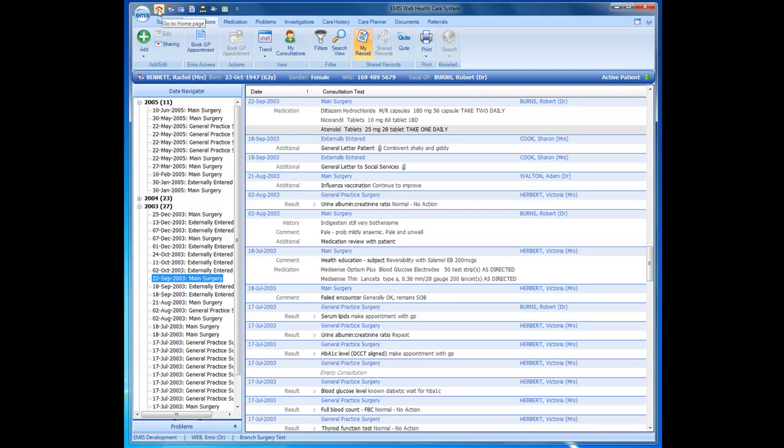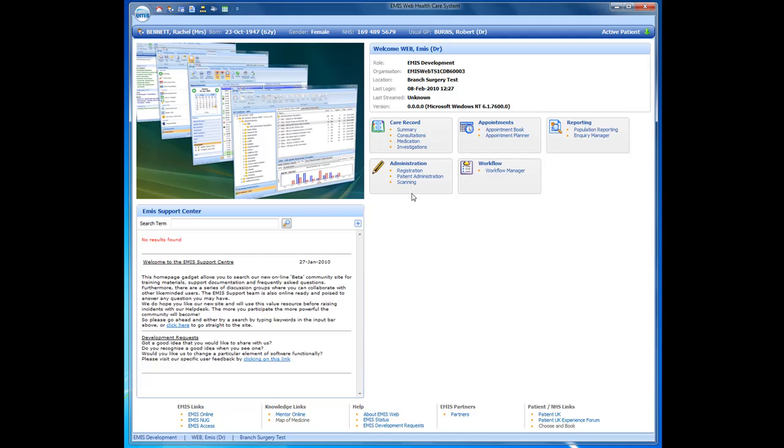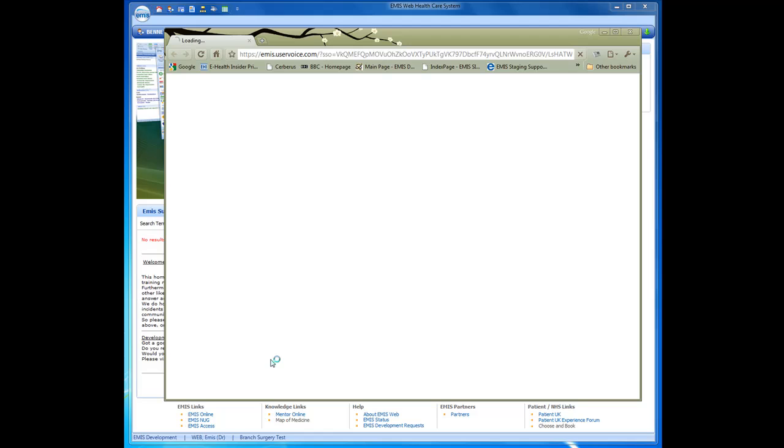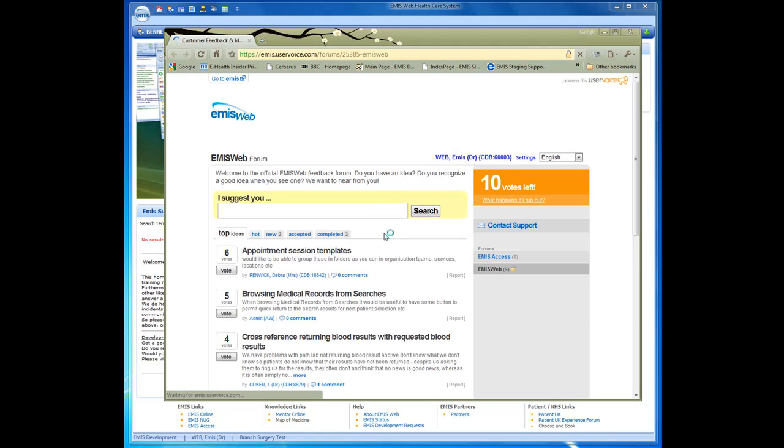So if I go to the home page, now depending on what version of EMISWeb you're running, you'll either have the Support Center tool and a link down here for development requests, or if you're running one of the older demo versions, then at the bottom of the screen under the Help tab you will see again a link for EMIS development requests. So if I click on this link,